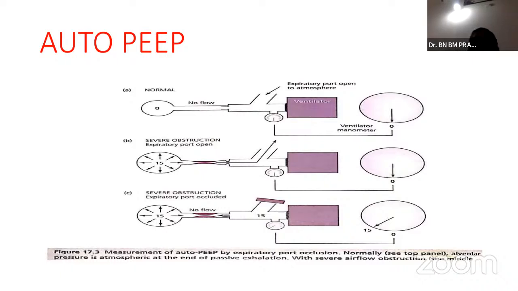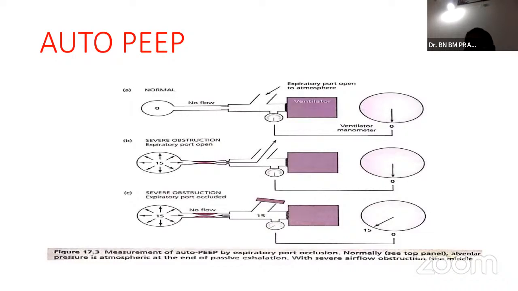And in case of severe obstruction due to asthma, when you open the expiratory port, in such cases there is no airflow at all because of bronchospasm, and